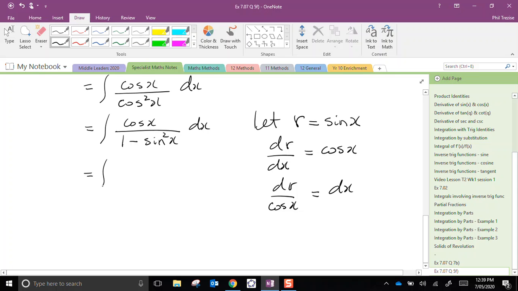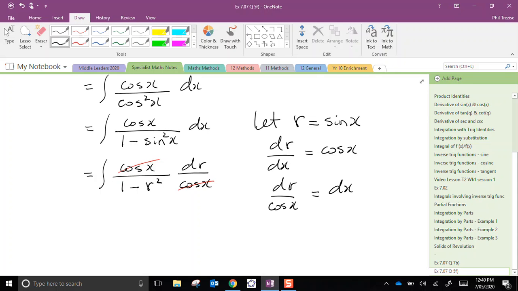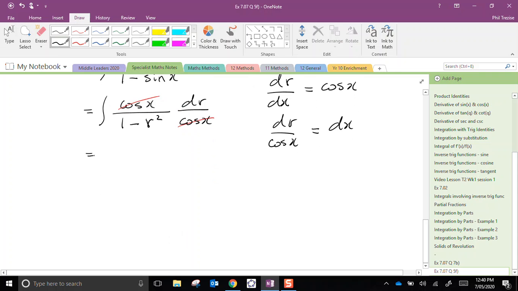Let's make this substitution. So I still have cosine of x in the numerator, and it's now 1 minus r squared in the denominator, and I'll substitute for dx. This is dr over the cosine of x. So that conveniently cancels, and I have an integral of 1 over 1 minus r squared dr. And that's also